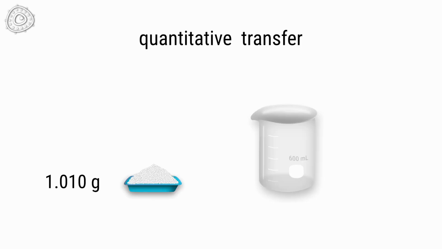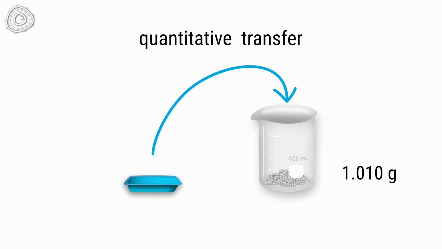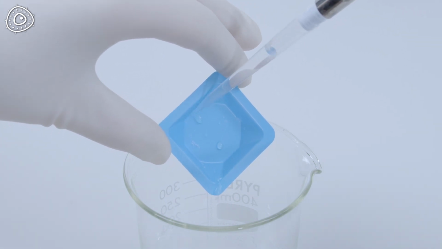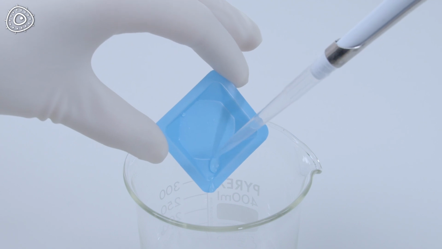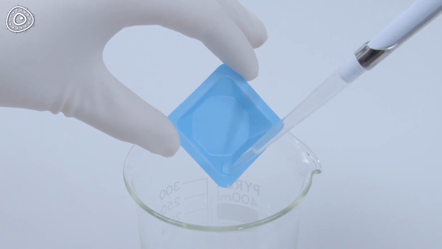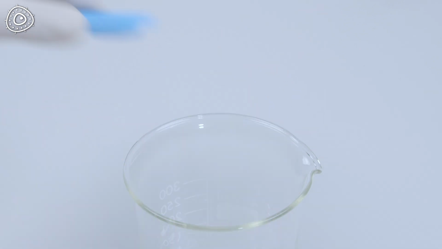But what if you have the situation that you need to dissolve and transfer this substance quantitatively into another vessel? In this case, transfer the substance into your container and rinse the weighing boat with the appropriate solvent into that container. By the way, you can also use this transfer method when you want to transfer the content of one container quantitatively into another. For example, transferring powdered medium.